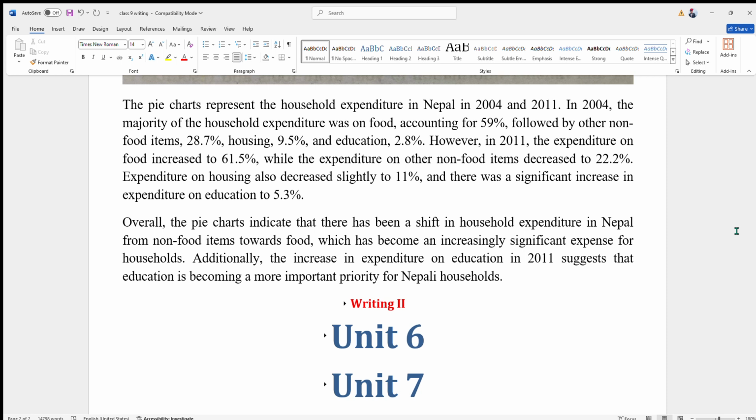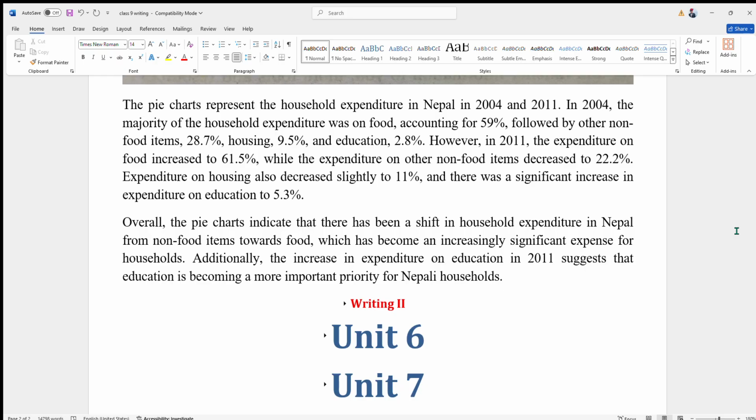Expenditure on housing also decreased slightly to 11%, and there was a significant increase in expenditure on education to 5.3%. Overall,